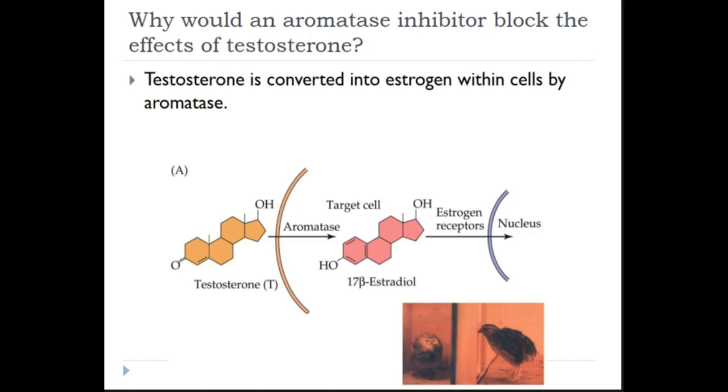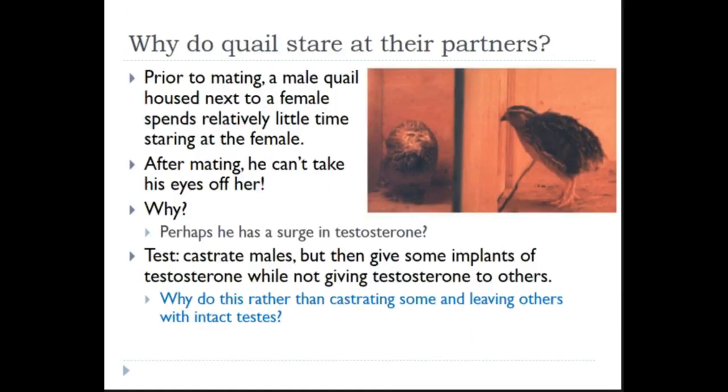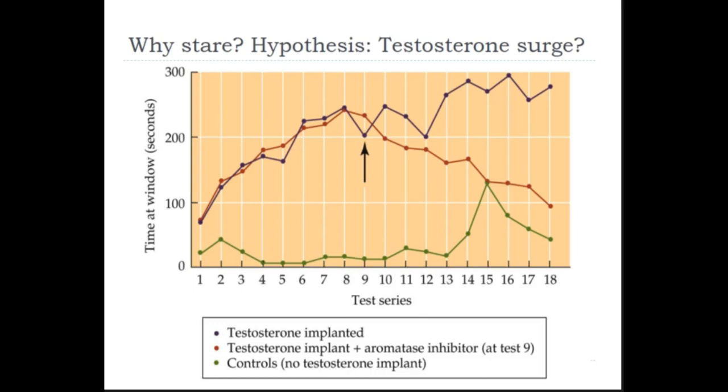So curiously enough, many times the actual effect of testosterone, where we think of testosterone as causing certain effects on individuals, is mediated not by testosterone directly, but instead it has to get turned into estradiol, and then the estradiol in turn does the actual effect on the target cell. The enzyme that does that conversion is aromatase. And so in that experiment, if I go back one, these guys in red right here got an aromatase inhibitor.